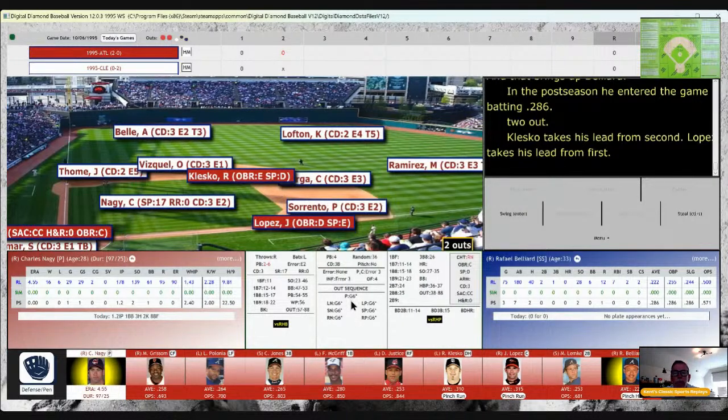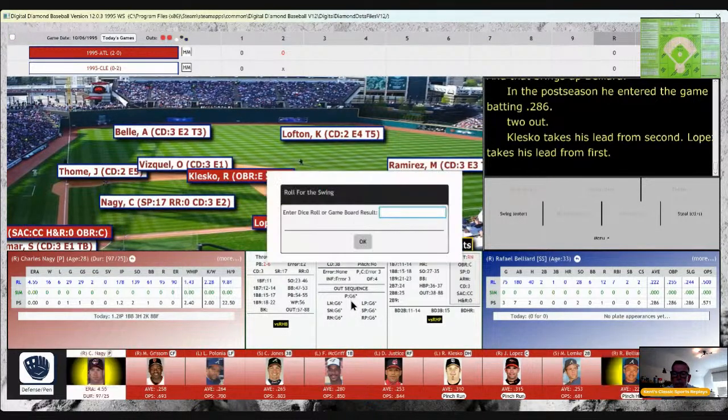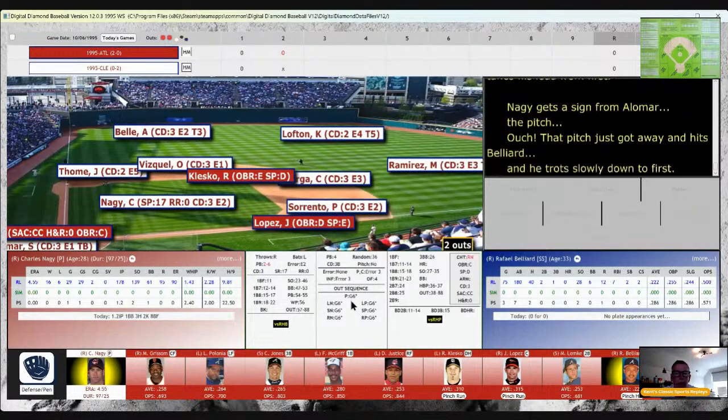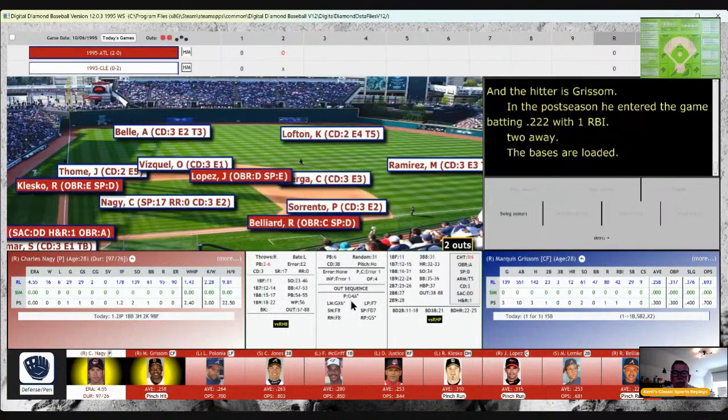That 36, hit by pitch, as Nagy tries to get inside on him and plunks Belliard in the shoulder as Belliard leaned in and took it for the team. And now the bases are loaded as Marquis Grissom comes back to the plate.